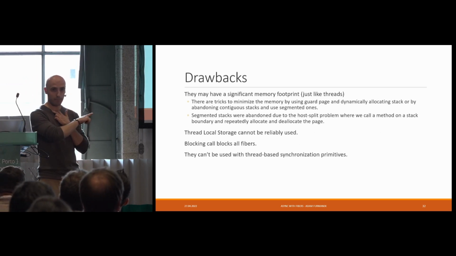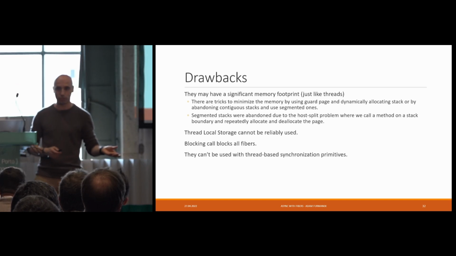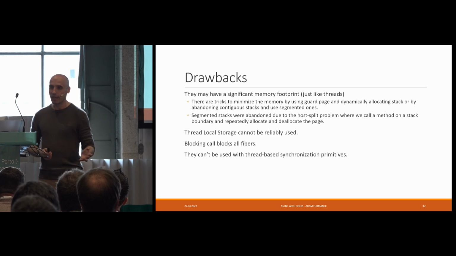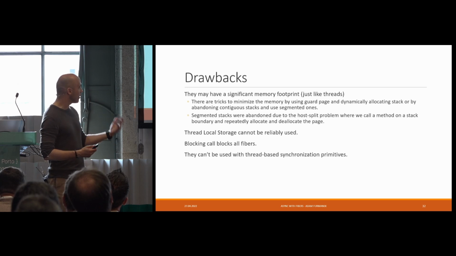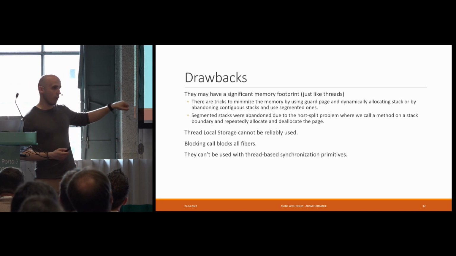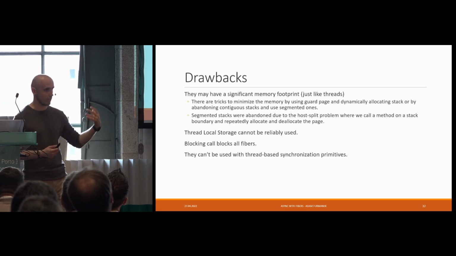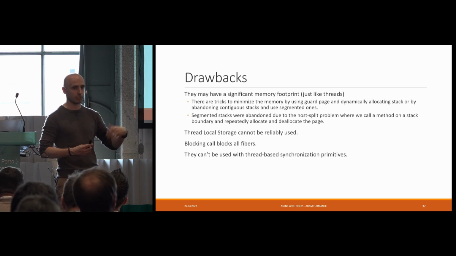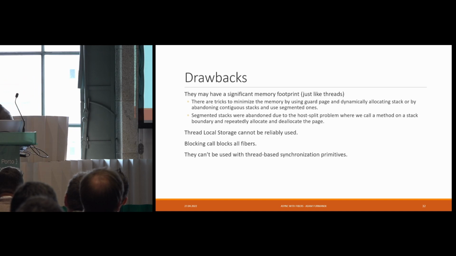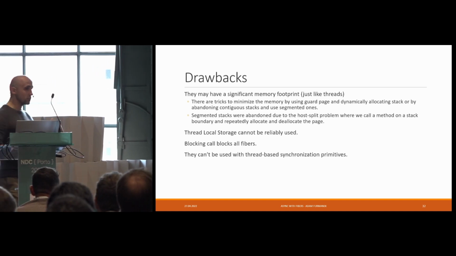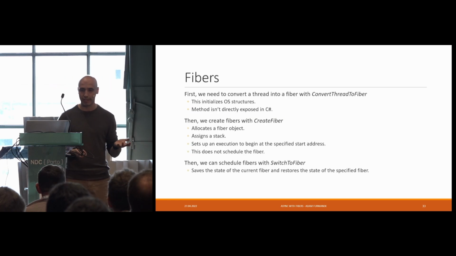The problem with this approach is that it gives you significant memory usage because it's implemented in the Windows API, so in kernel mode. So it doesn't give you all the performance benefits. It also has this drawback: because it's a green level thread, when you have multiple fibers, you need to use the asynchronous programming model to do the I/O. Otherwise, you block all the fibers and you cannot get the performance. And you cannot use all the things for locking, etc. But generally, this allows us to implement the green thread approach super simply, because we have it already exposed.